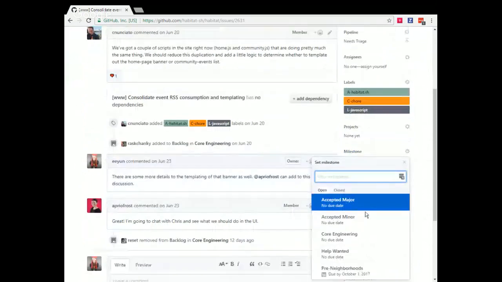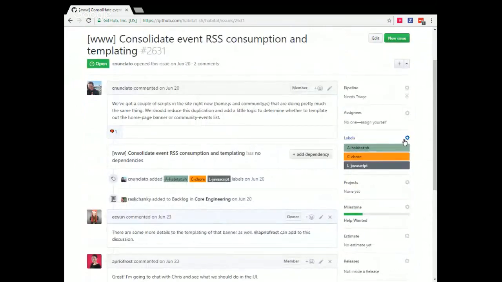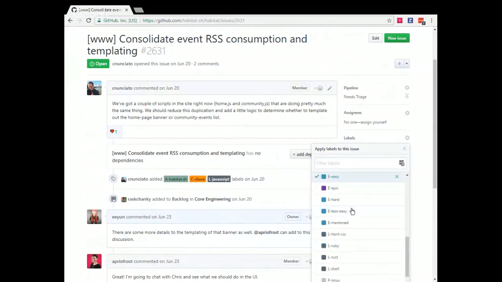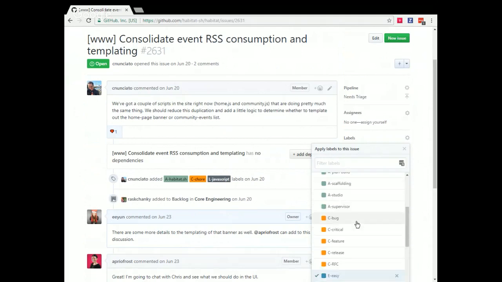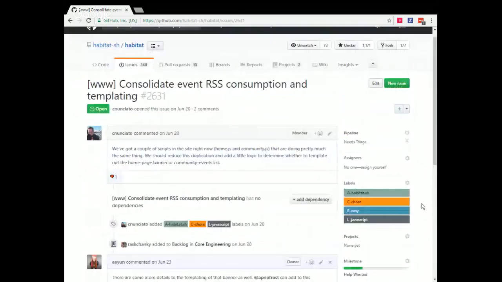So the milestone I'm going to put this in right now is help wanted. This is just a minor optimization. It would be a pretty easy bit of work if anybody were to want to do it. Chances are we will eventually end up doing this as the need arises. But for now, we'll leave that there. It's just going to be a little bit of some JavaScript, which is already on there. Yep, great, good to go.